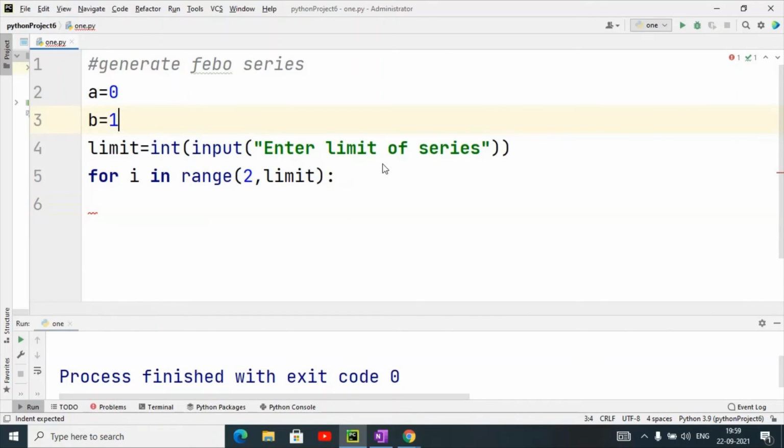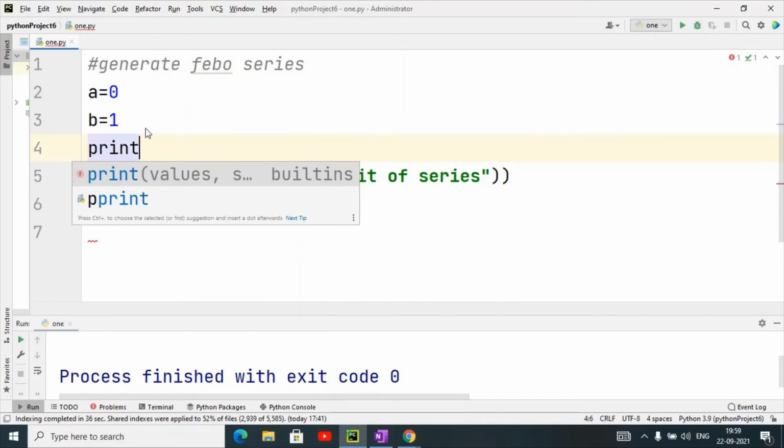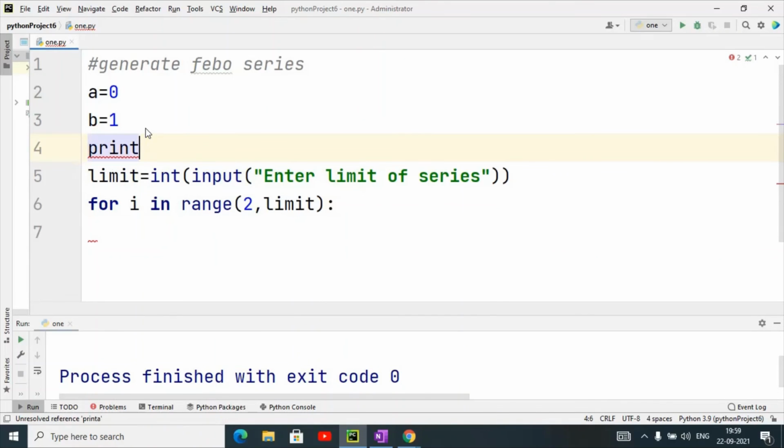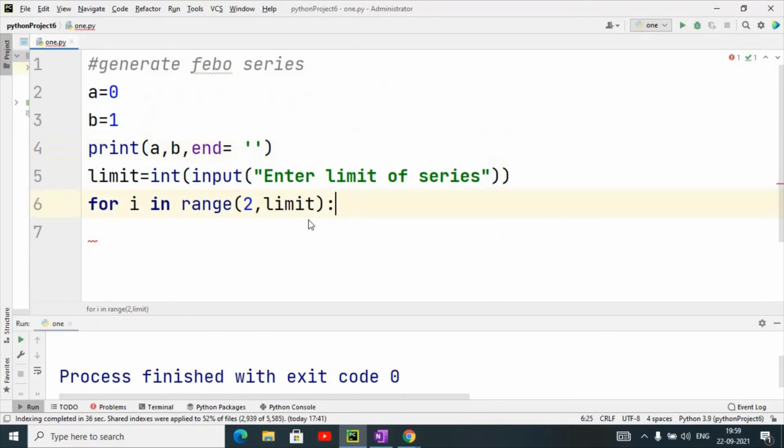Before that, I will also print a comma b, with end equal to this that I had given.